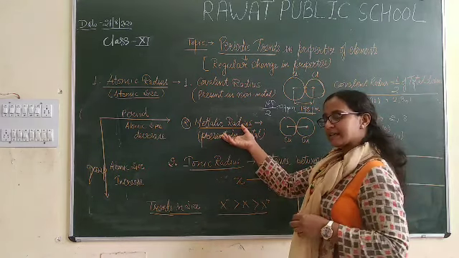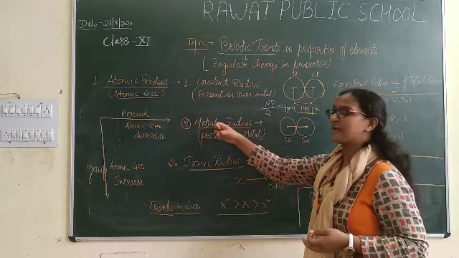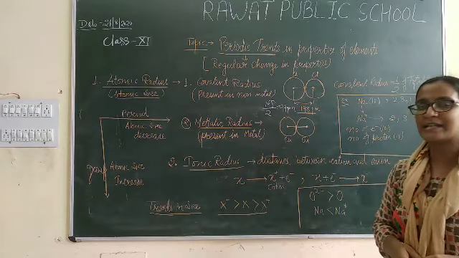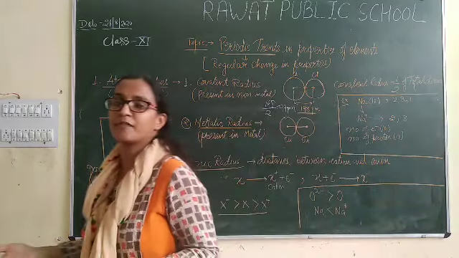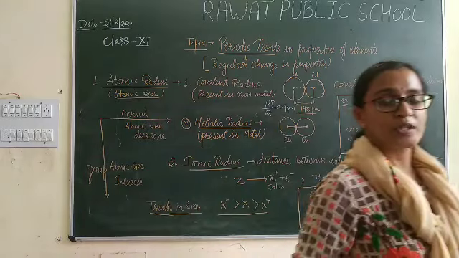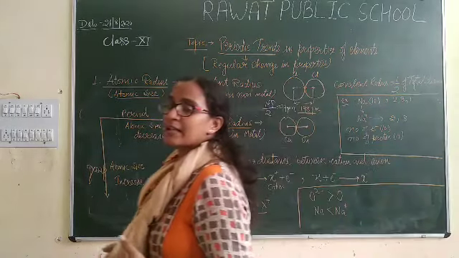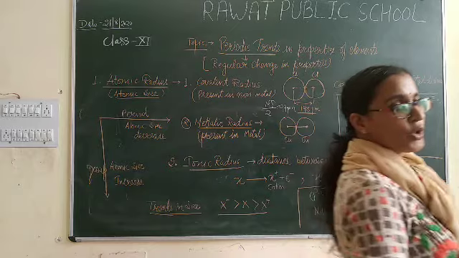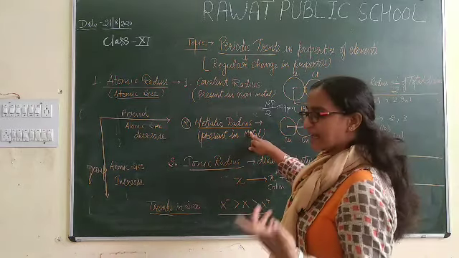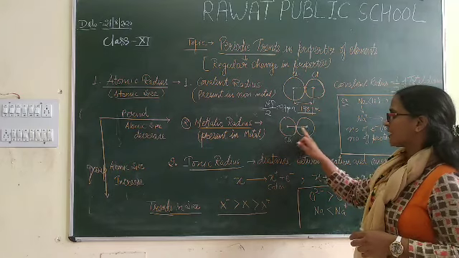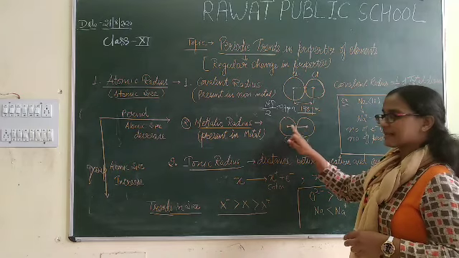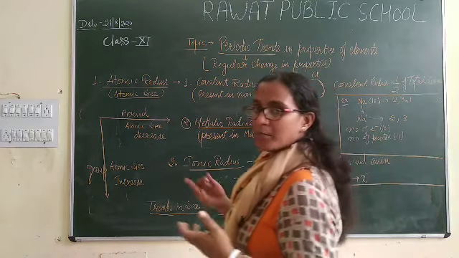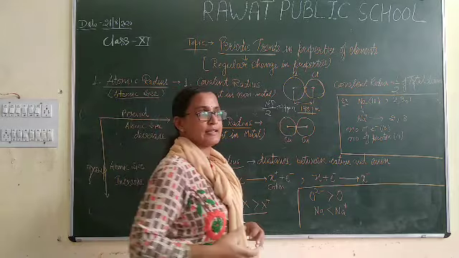Same, what is metallic radius? As its name indicates, it is only present in metals. If they are present in metals, it is known as metallic radius. For example, we have different kinds of metals: copper, iron, sodium, potassium. If we want to calculate their radius, it is known as metallic radius. How can we calculate metallic radius? The same way as covalent radius. For example, we take copper, measure the total distance between two copper atoms, and take half of it. Then we get the metallic radius.